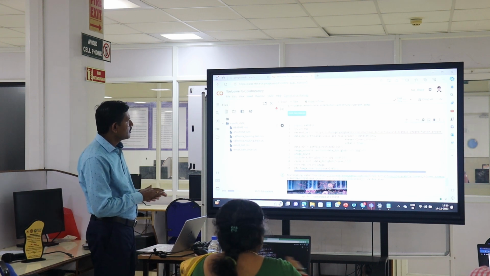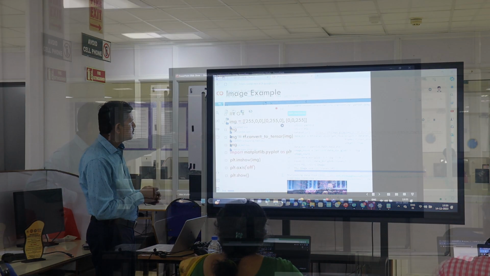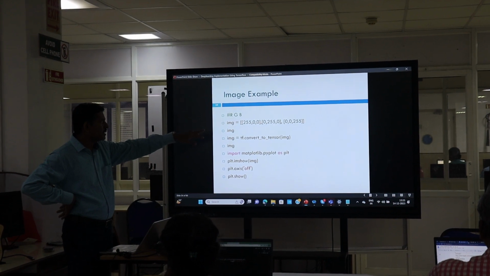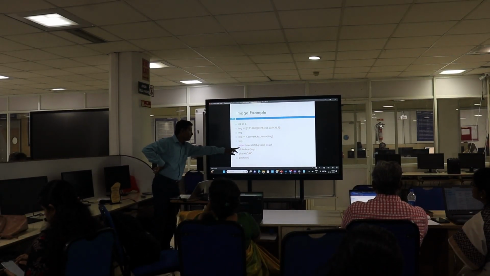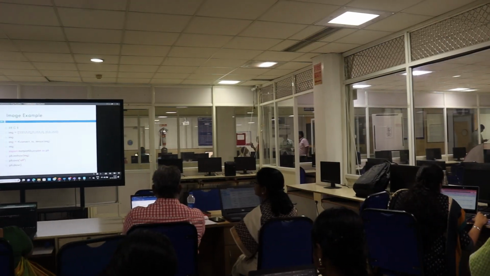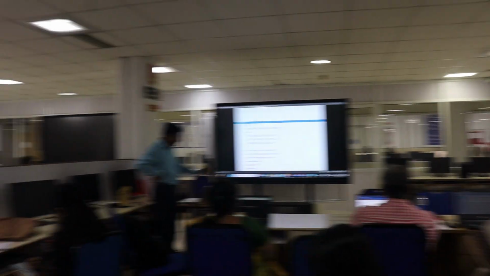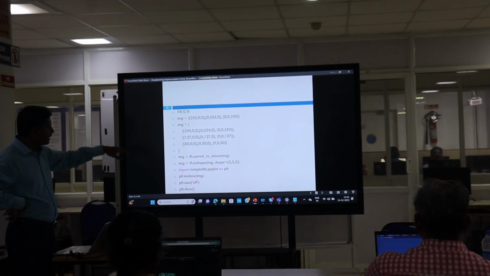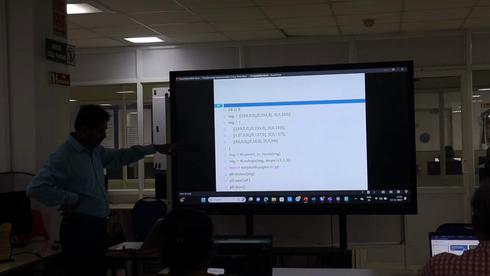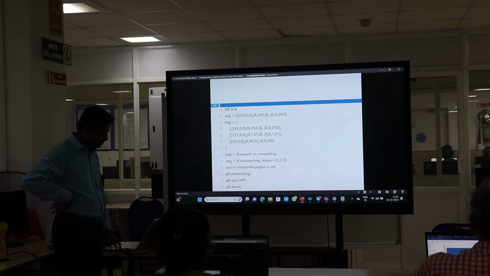Here we are using pathlib to import PIL. This class is used to convert a matrix into an image. Using matplotlib, we are converting the matrix into an image. This is one example. In another example, the same thing, we are providing different dimensions and then converting into the image.